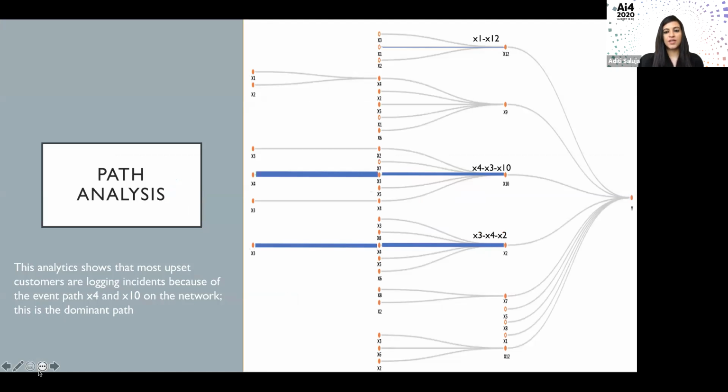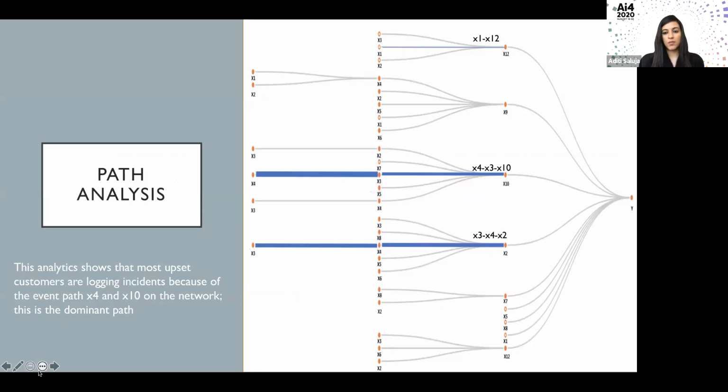After cleansing the data and taking care of those two biggest challenges, I did some path analysis. As you can see in this path analysis, there are three paths which the customers are following before they call the care and file a complaint.